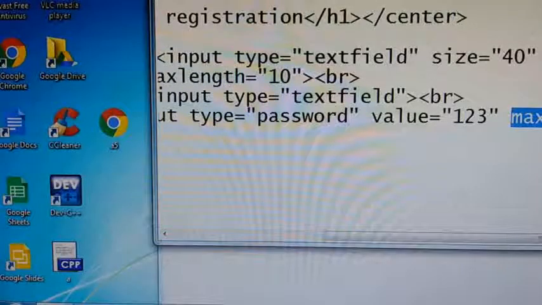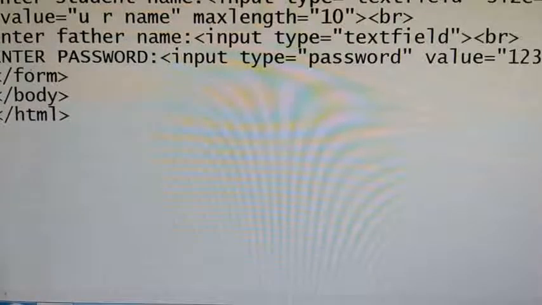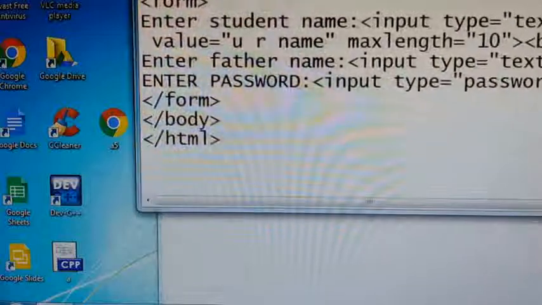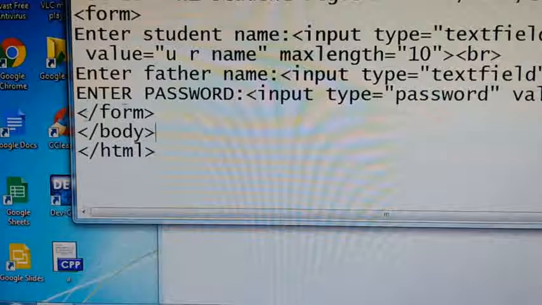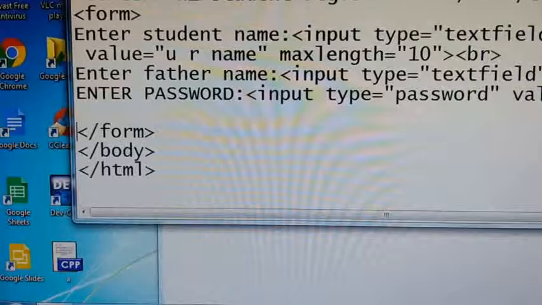Okay. This type of thing you can give in a form. But these are not all mandatory, based on your requirement. If you want to restrict the user to give input according to your requirement, in that case only we'll use this. Otherwise there is no need. Now password is over. The next input field is a checkbox. For the checkbox, first we'll discuss the radio buttons, then I will explain the checkbox.